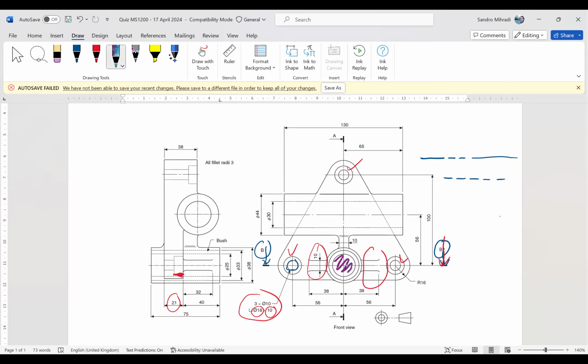Oke? Nah, kemudian saya gambar lagi yang lain. Bagian ini sebenarnya bushing, cangkang yang berbeda dengan yang di luarnya.